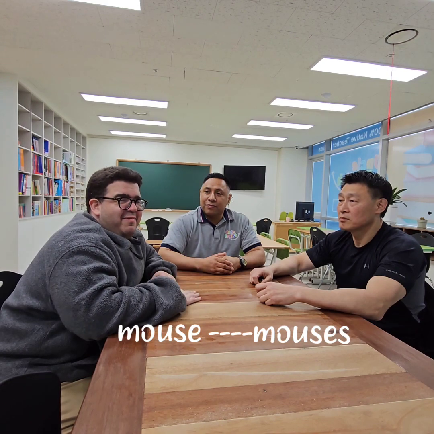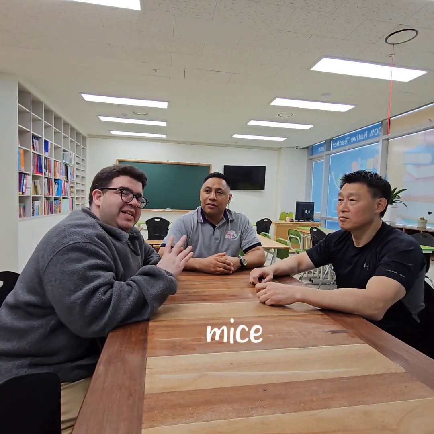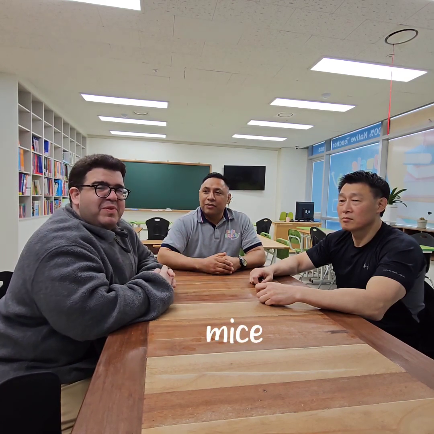Okay, so one of the most basic rules for plurals, as we know, is we just add s to any noun, right? Like cat, cats, hand, hands, finger, fingers. Really easy, right? But unfortunately, it doesn't always work, right? If we have mouse, we can't have mouses, especially for animals, right? We have another word, which is mice. But we will get into that more in depth later when we find out that there's other words that change.